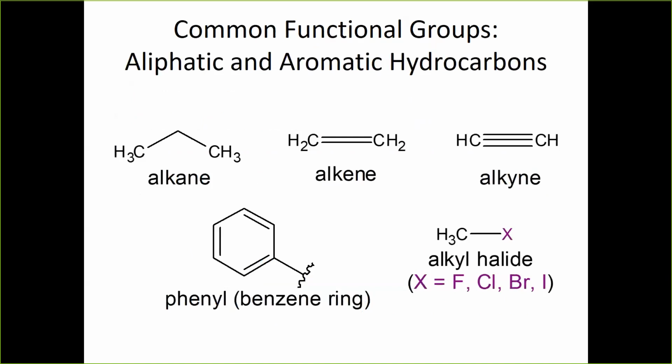Before we go through some examples of individual compounds, I wanted to review some of the common organic groups. Just so everybody remembers, these are the hydrocarbons here. You see on the top left an alkane, which is all sp3 hybridized carbons, so no double or triple bonds. If they do have double bonds, then they're called alkenes, or a triple bond, which we don't see very often in nature, is an alkyne. At the bottom you see a benzene ring, or if it's a substituent, it's called a phenyl. And at the bottom right, the X stands for a halogen atom, so you can have an alkyl halide, where the X can be any one of the halogens.